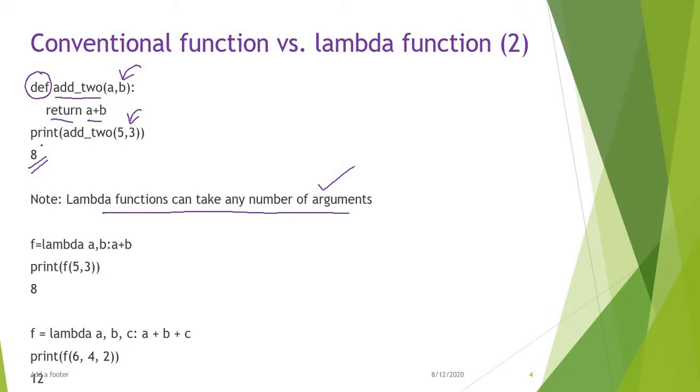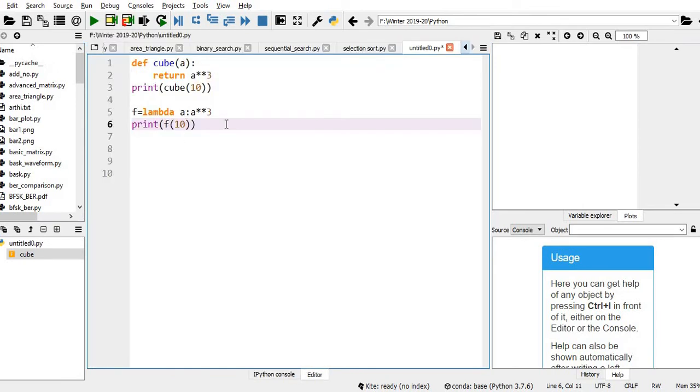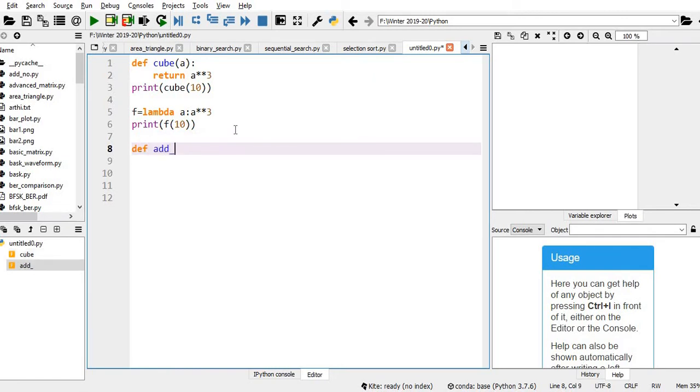The same thing I can do with a lambda function. So lambda, the input arguments a comma b, colon, the expression a plus b, and that is assigned to f. Let us try this. Let me define a user defined function to add two numbers, with input arguments a comma b.